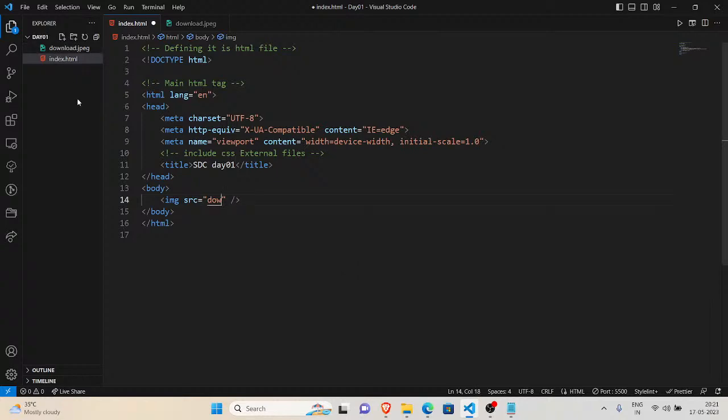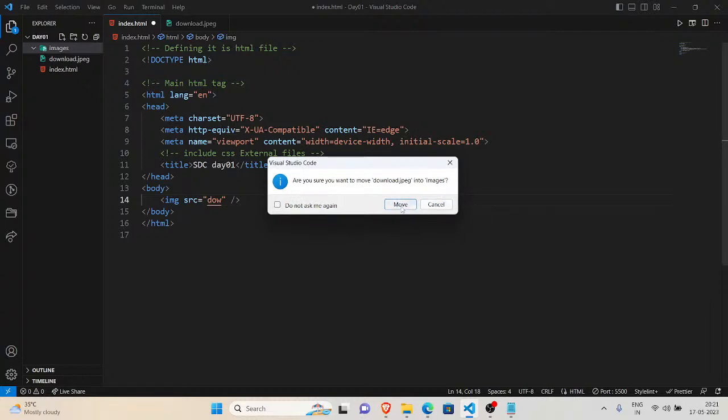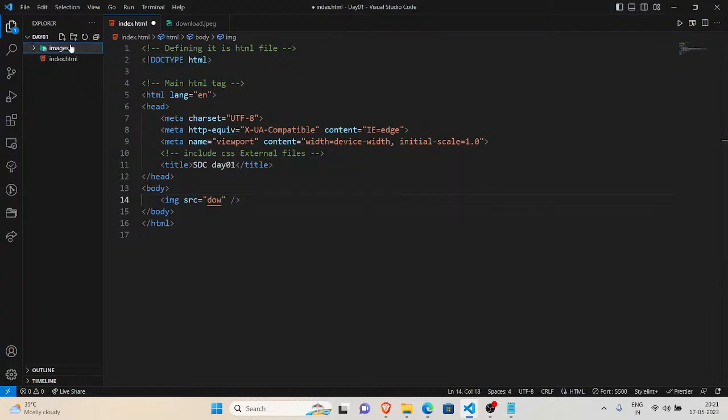Let me give a brief understanding about the paths. I have created an images folder and I'm just moving this image to the images folder. Now the image file is there under the images folder. We have to render this image into our HTML tag. How is that going to be?